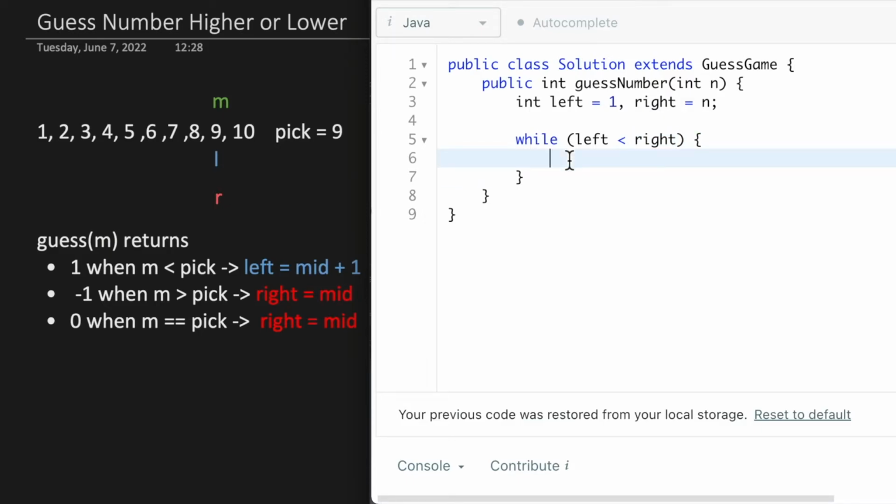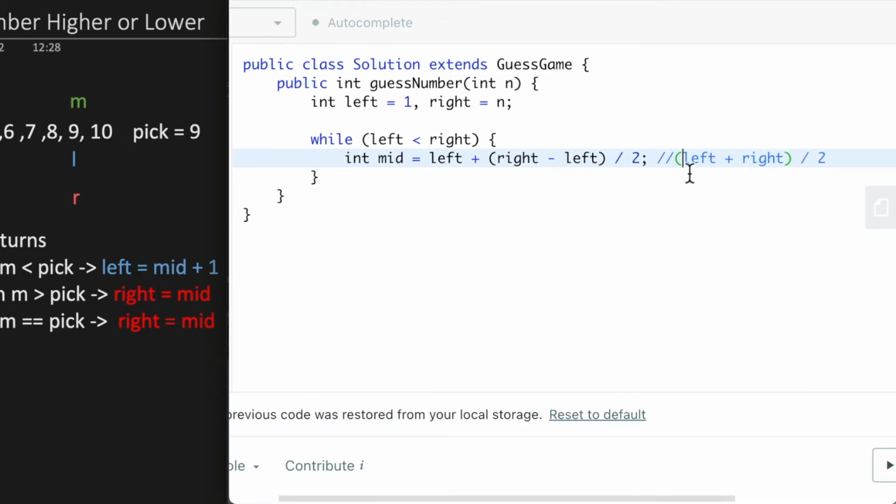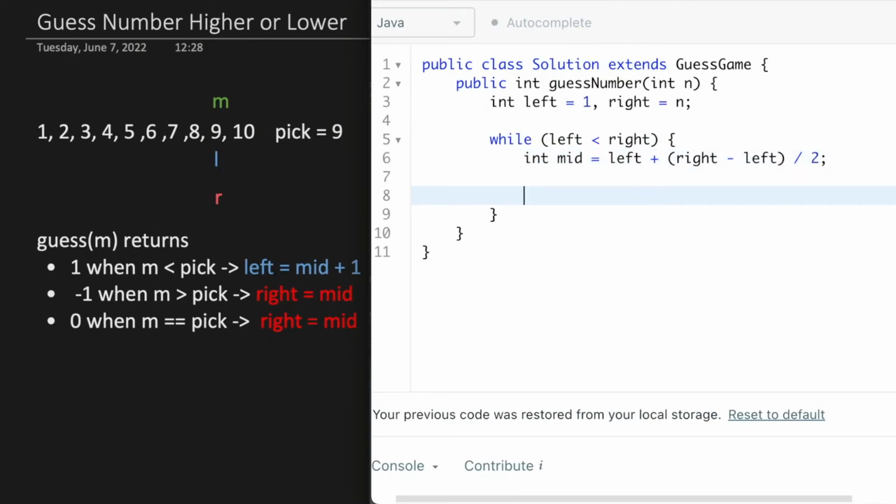We're going to calculate the midpoint every time. So we can have a variable mid, and to calculate the midpoint we can do left plus right minus left divided by 2. Some people do something like left plus right divided by 2, but this might cause an integer overflow, and we don't want that. So we want to avoid multiplication and also addition as much as possible. So once we calculate the midpoint, we can use the guess